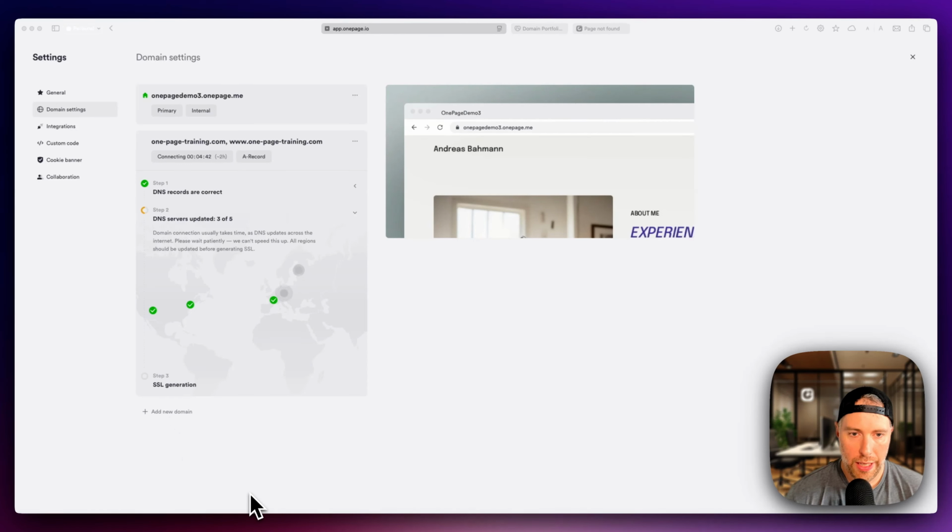While this is loading, I just want to talk about a couple other little things if you run into any troubles outside of referencing the help articles. Just a reminder, the propagation time can take up to 48 hours to become effective globally in all locations. If you're not seeing your domain live, you can also try clearing your browser cache if this says that it's fully connected, but you're not seeing your custom domain. And you want to make sure that you also publish your site within the Onepage editor. And I'll show you that here in a second so that we can make sure that our site is published